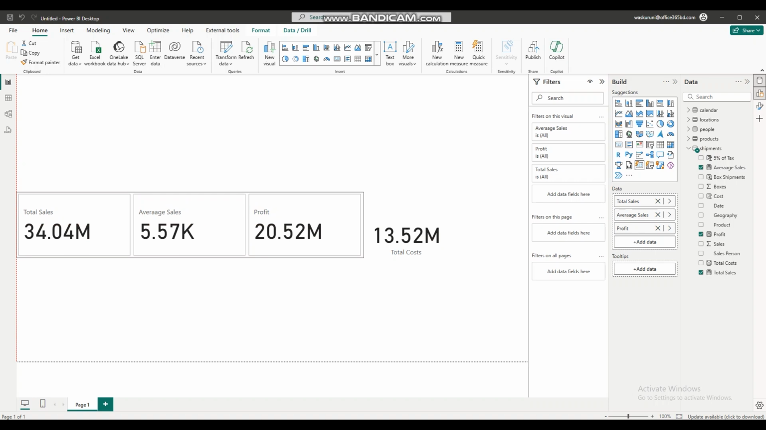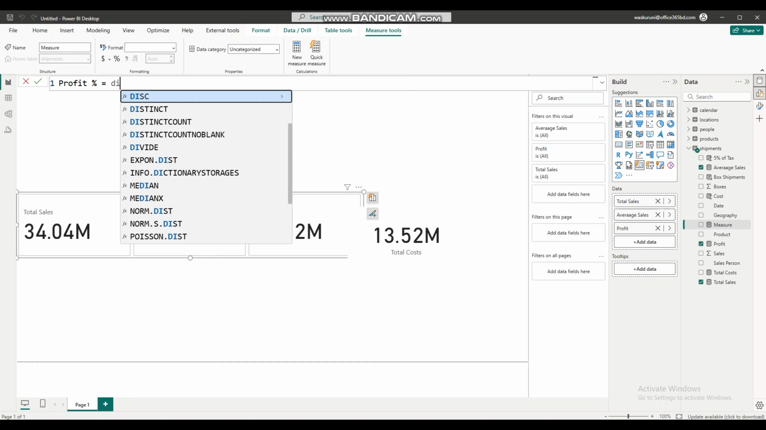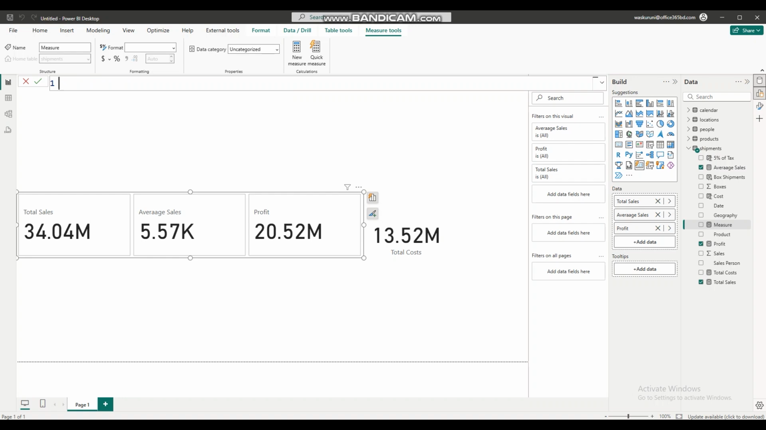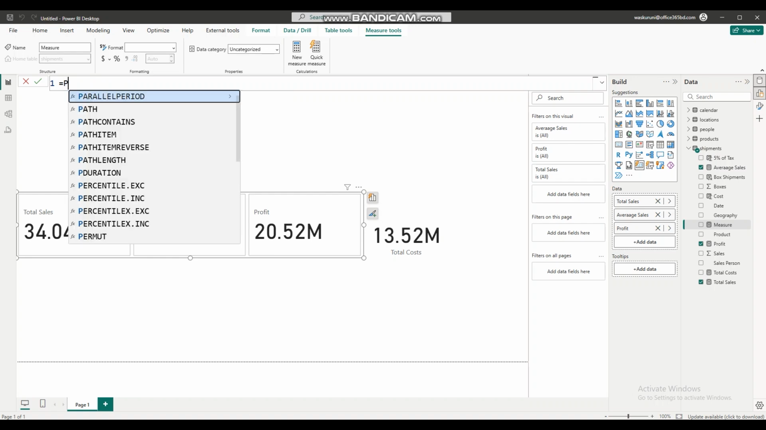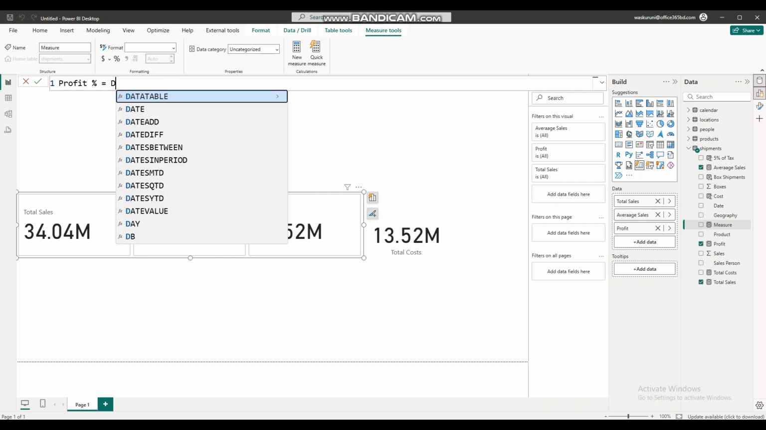Okay, now if we want to find out the profit percentage, that means we have to use divide. It is the most useful function whenever we want to find a percentage based on another value. So here, if we want to find the profit percentage based on our total sales amount, we have to use the divide function. Okay, profit percentage, divide function,